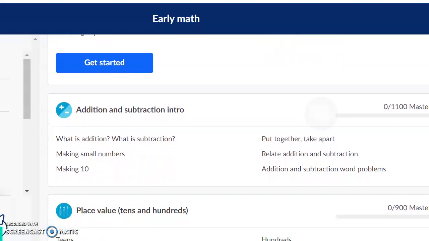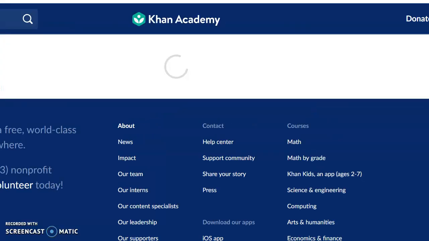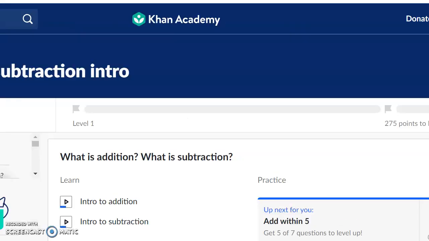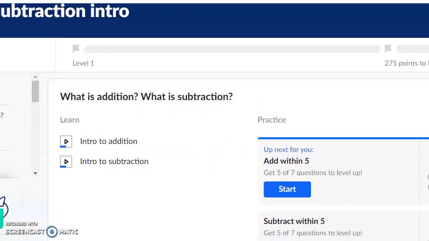But what I'm wanting you guys to work through is addition and subtraction, because this is the unit that we are actually on in school. So just want to keep momentum going so we don't lose any traction. So click on addition and subtraction, and when you do so, they will have videos,